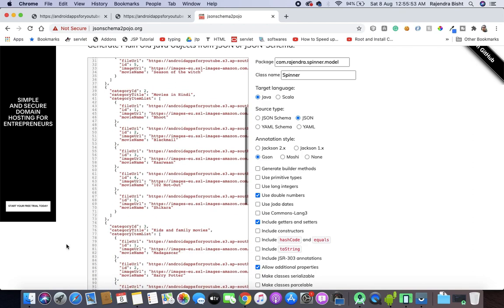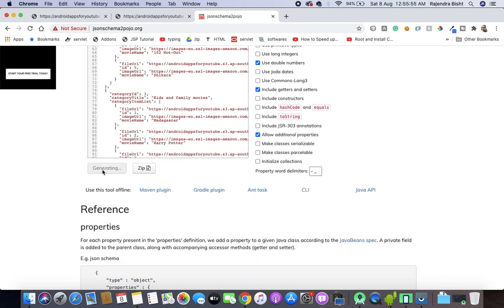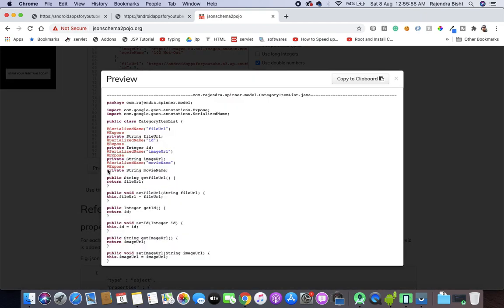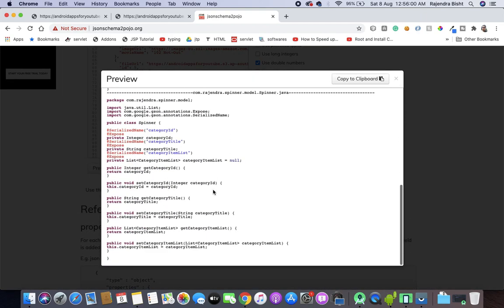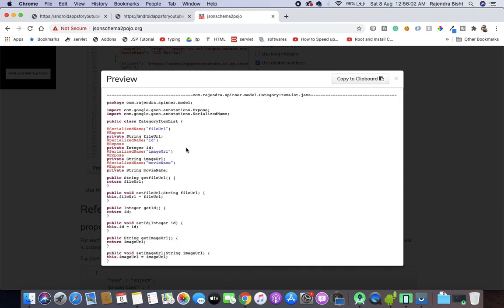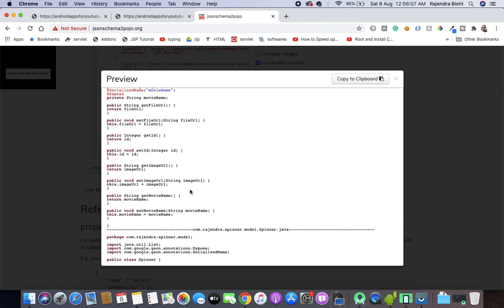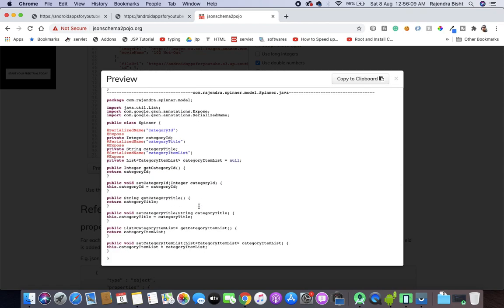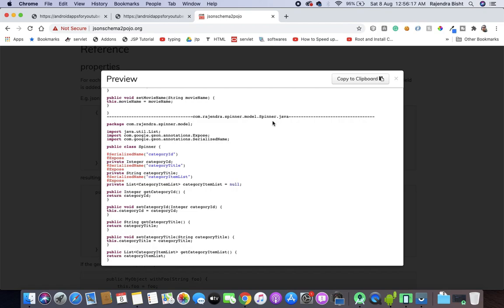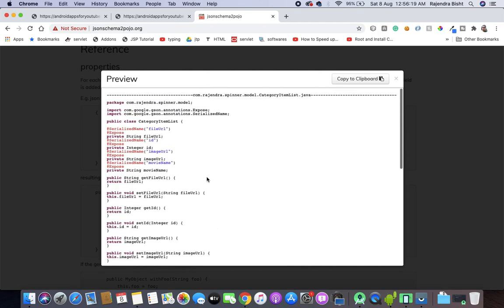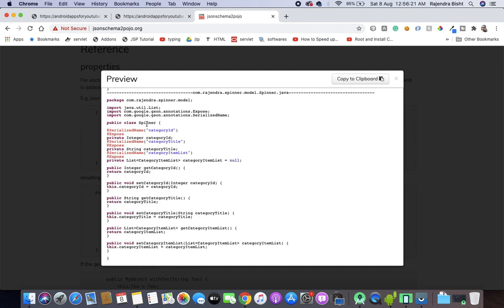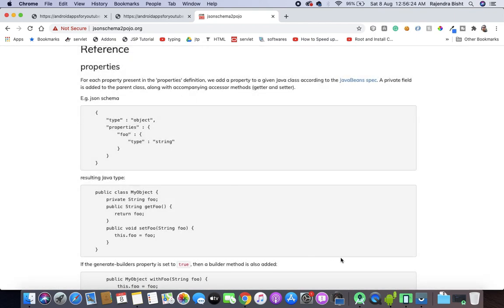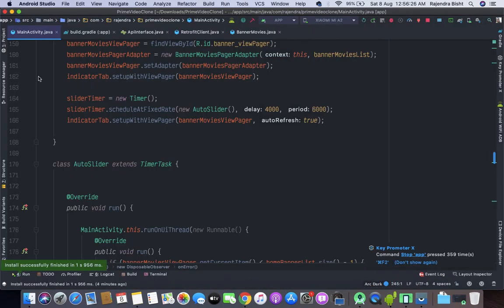So I'm just previewing it. So this is our model class. Now, this is our category item list, and this is our, so here we have already created last time.